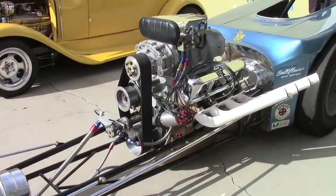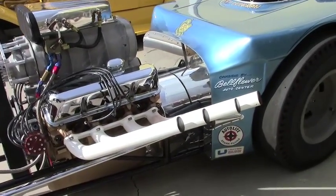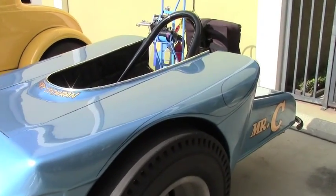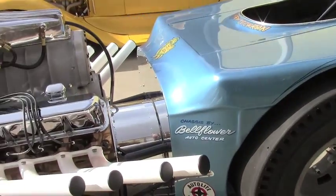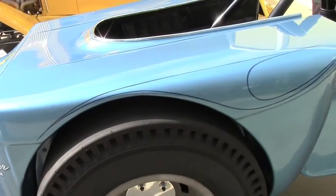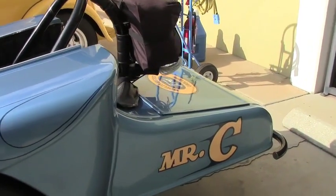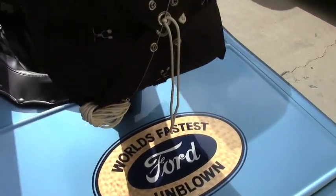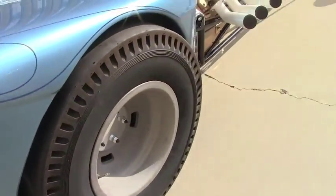I'm 60 years old, and I was standing in the back of the pickup when this pushed off with Gary in it, and when it barked and came to life and started heading down the track, Ron, Steve's father, and myself turned into 12-year-olds. We just went nuts in the back of this thing. It was so much fun. And you couldn't have picked a nicer driver, owner back in the day to make happy again. Well, the thing that was really special is after he got out, he was standing by it. He was looking up at the grandstands, and he was welling up pretty good. I mean, there's your hard top fuel driver,